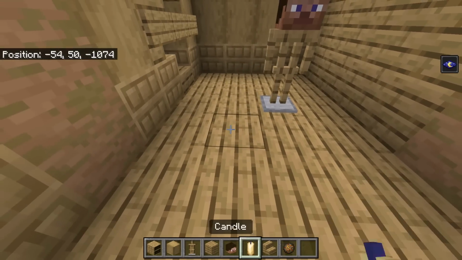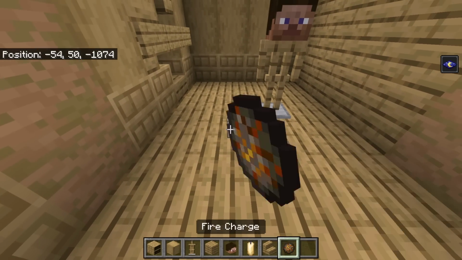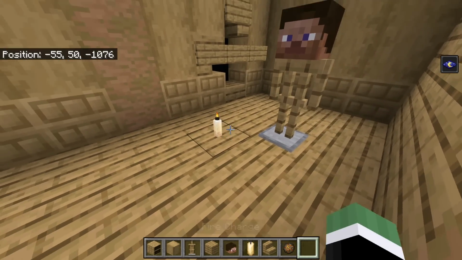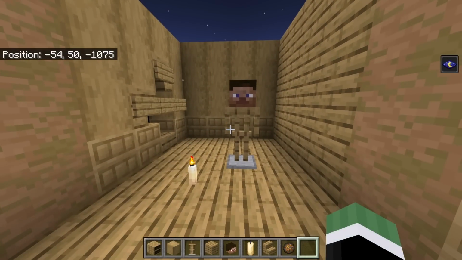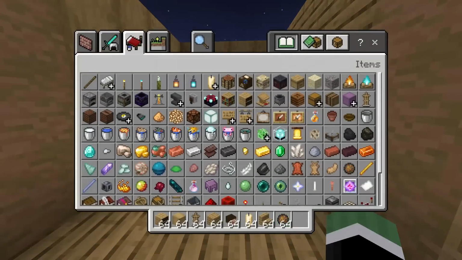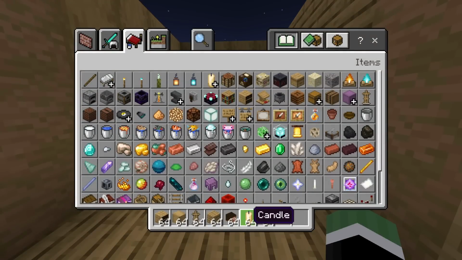From this armor stand, you'll count forward diagonally left by 1, place a candle, light it on fire. Whoa! Yeah, light it on fire. I didn't realize it made a sound. That's crazy. Yet again, get rid of what you just used, which is the fire charges, candles, player head, and armor stand. And you want to get out